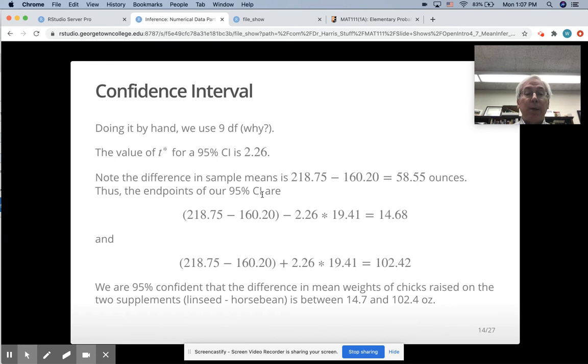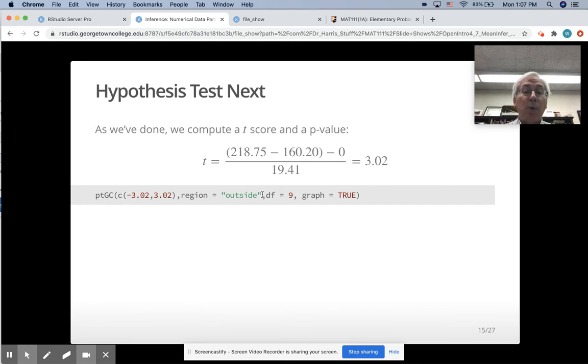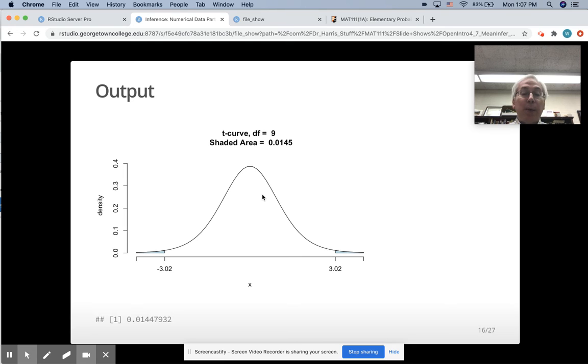If I want to perform a hypothesis test, I need my t-score. Remember, to use PTGC, we're going to compute a t-score. So I've got the difference between my sample means minus the null value, which is 0, divided by the standard error, and I get 3.02. And so our t-score is 3.02. Our p-value is going to be the probability that the t-score would be outside the range negative 3.02 to 3.02. And we get this value, 0.0145